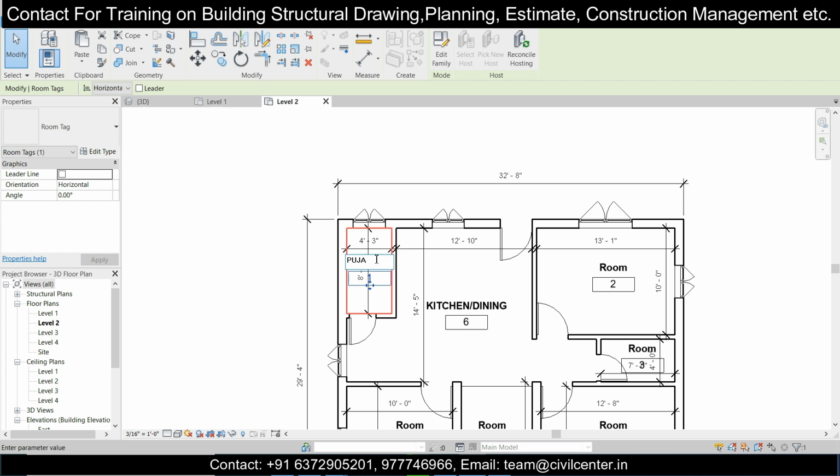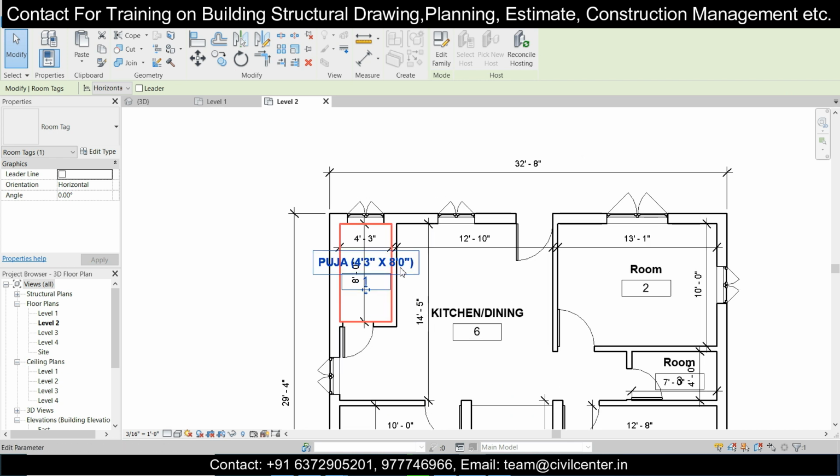Just double click on anything and you can write dimensions also, like this, 4 feet 3 inches into 8 feet. You can give the dimensions also.